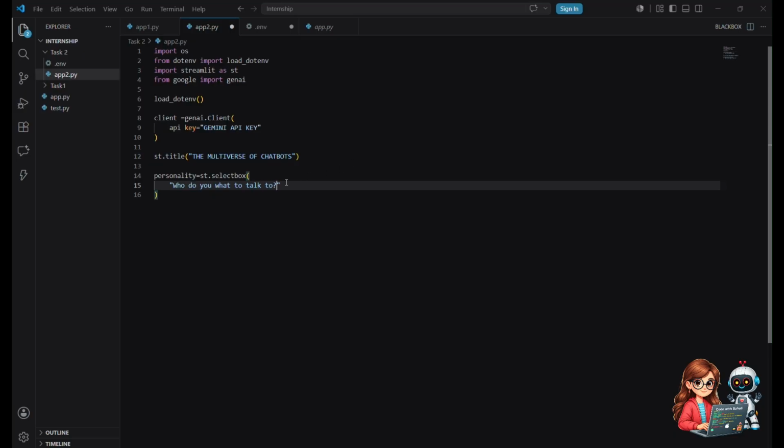Then put this bracket and write: I would say I want to chat with Captain America. Because we are doing a multiverse, so why not Captain America? Then what should I put? A cookie